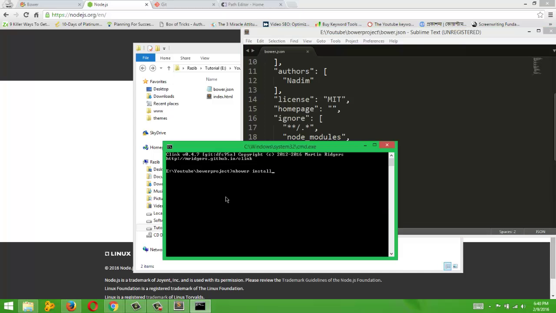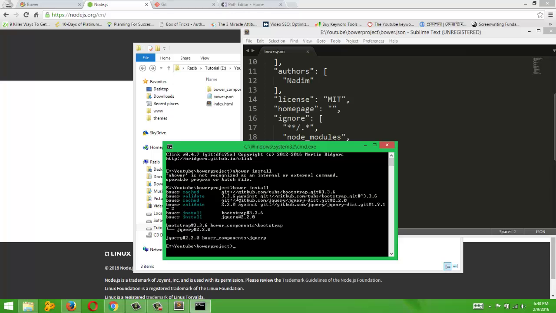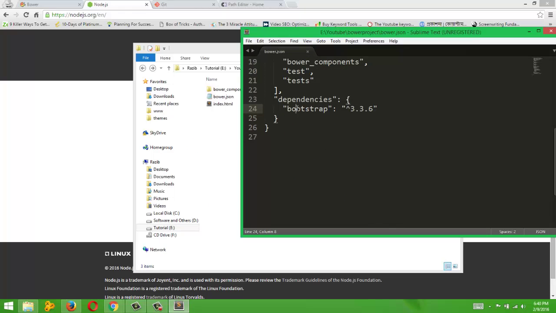I just type bower install, yeah, it's installing bootstrap, because it's there in our dependencies, so the bower.json file knows which package to download,